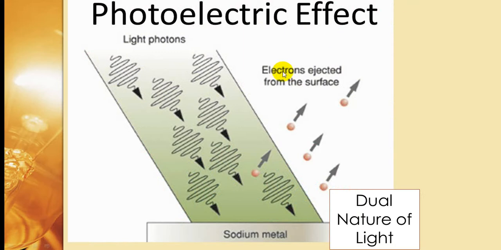What happened is you take a piece of metal, this one happens to be sodium, you shine light onto it, and some of the little pieces of sodium will be kicked off. Okay, they'll actually be shot off of light, like something hit it and knocked it off. And therefore that seems like a little bullet of light hit it and knocked it off, exactly what Newton would have said. All right, but yet we know that it has that interference pattern like